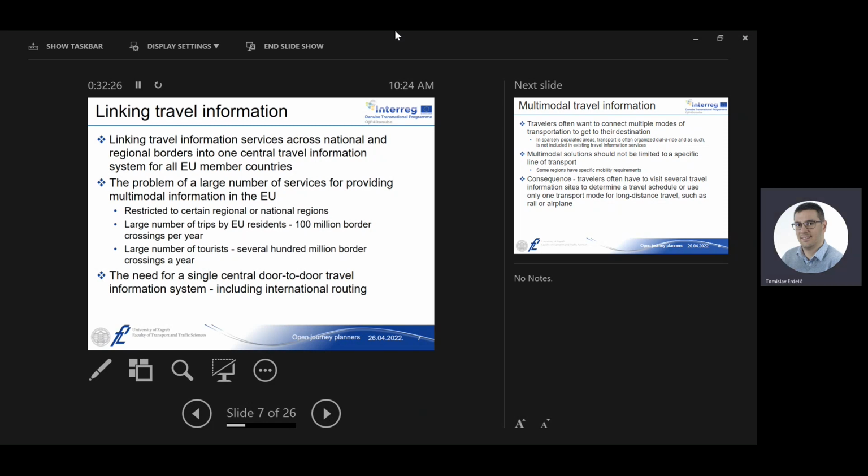Tourist, yes, the tourist. Why is that? Because the tourist has to know where to find information. If he wants to travel from Spain or Romania to Zagreb, he has to know on which website or journey planner he has to visit to find his route. For EU residents, it's not as big a problem because most of us are already used to that. I know how to access Zagreb or how to access Vienna. I do not know which website it is for Bucharest, but I can easily find it. For tourists, it's a harder thing to do,